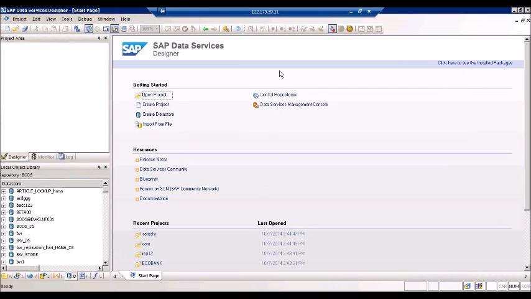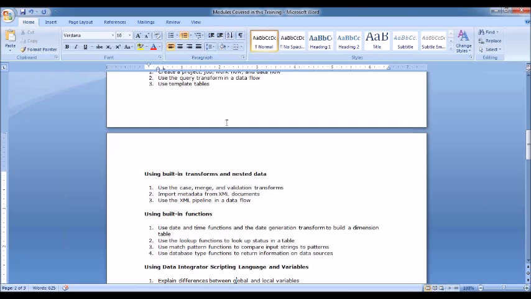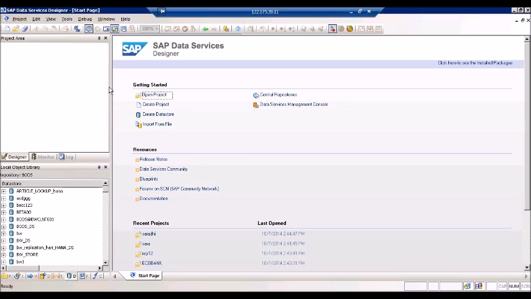Right? So this is the interface of SAP Data Services Designer, and this is the start page. Here you can see different parts of it, like the project area and the local object libraries, and this is a pane where you can navigate between projects. Here we have been talking about some of the things called transformations and the built-in functions. So to go and see about this,